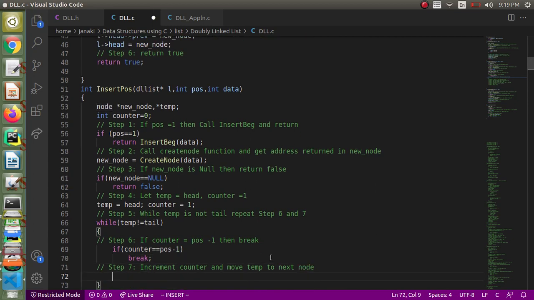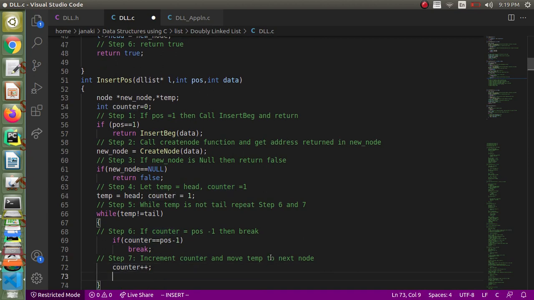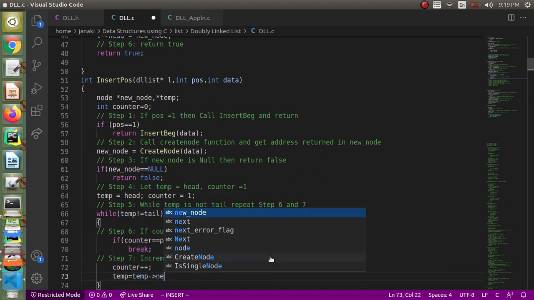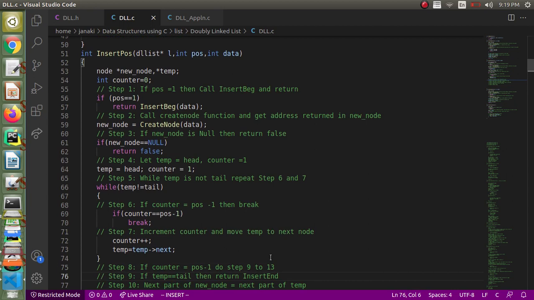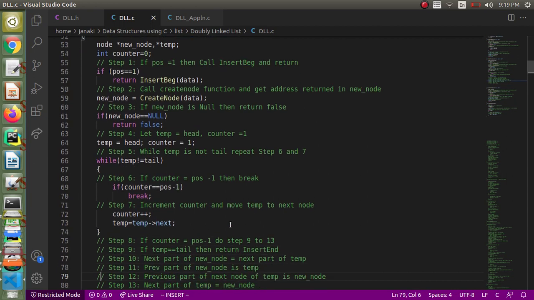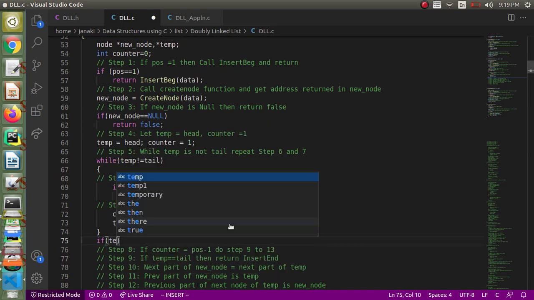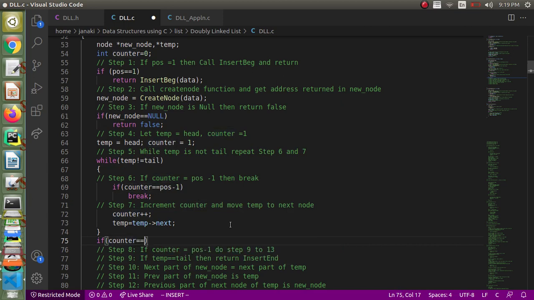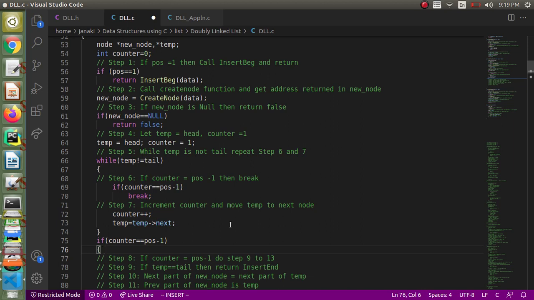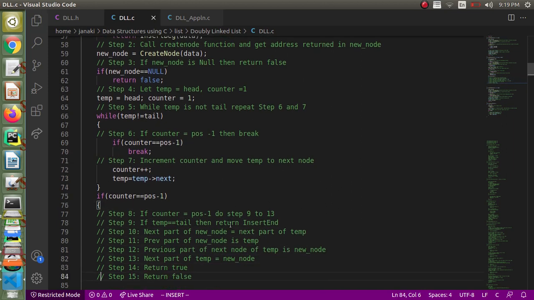Otherwise you have to increment the counter plus plus and move temp to the next node. Temp equal to temp next. Let's do this. Yeah, and when we come out of the loop, we have to check if counter equal to position -1, we have to do step number 9 to 14.